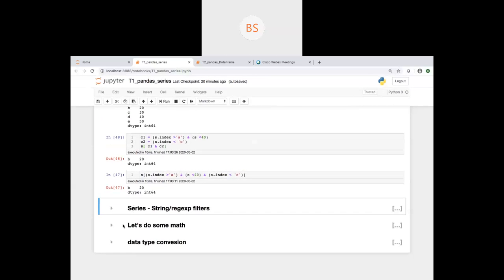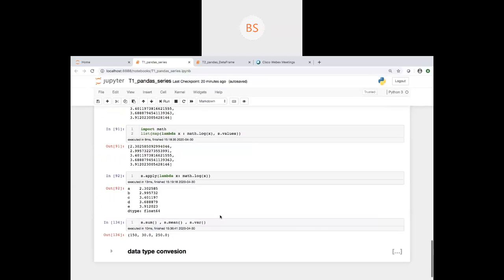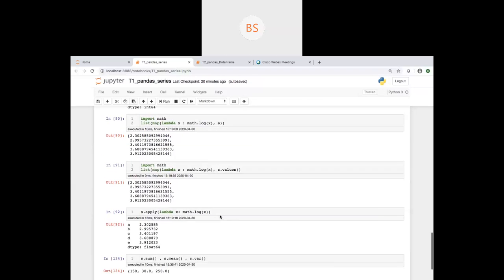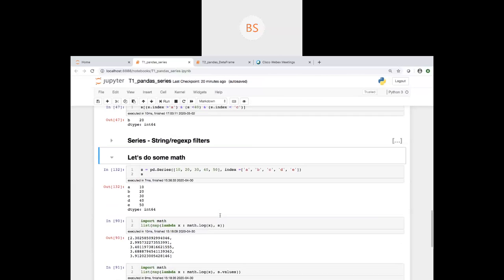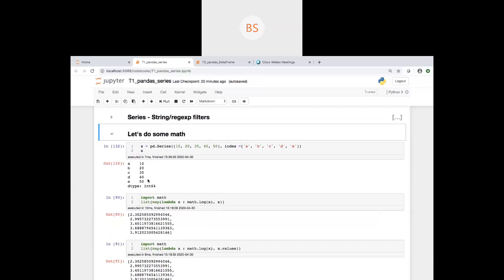So that's it. Let's do some basic math, and maybe then we can wrap up. It will not take much time. Again, this is your series, and you want to do the log of each value: log of 10, log of 20, log of 30, 40, 50.